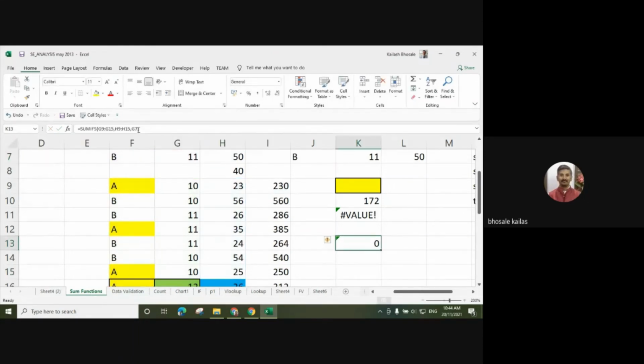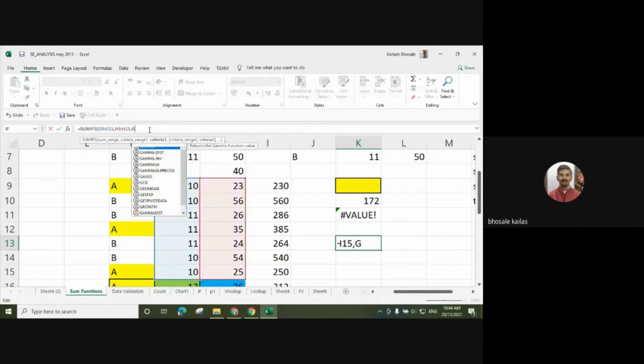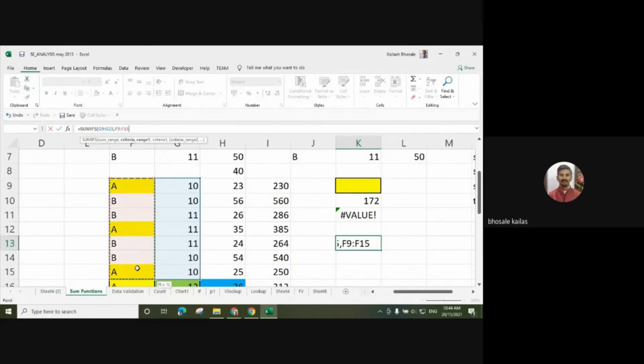It is asking that G9 to G15. Then criteria is A to B. Okay. And what is the criteria? B. Third criteria is this.